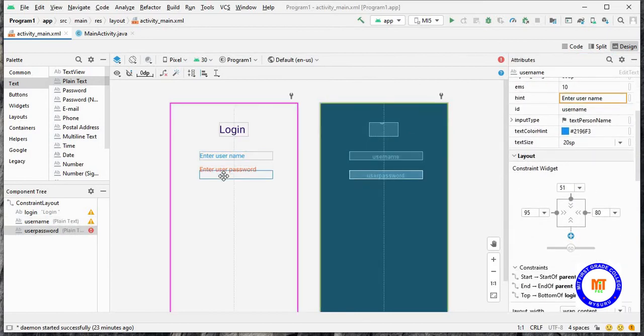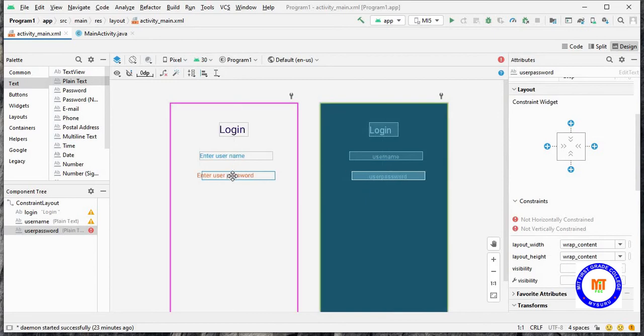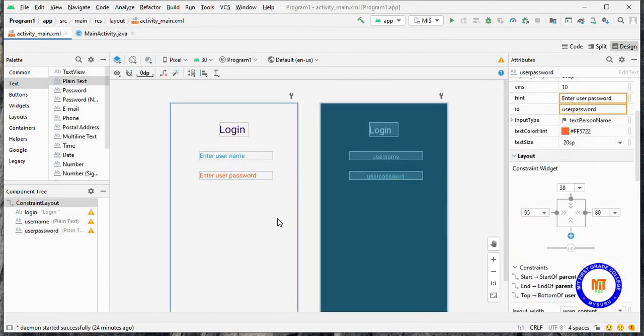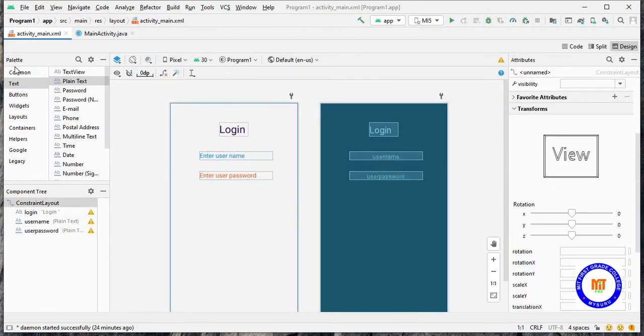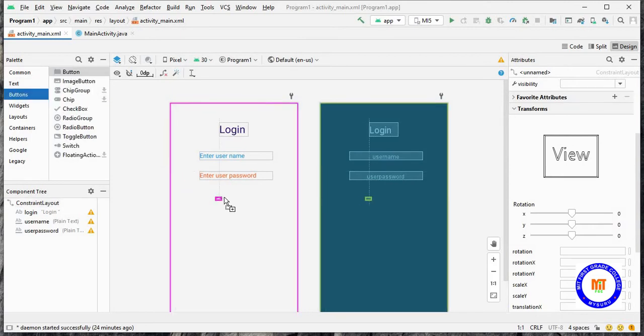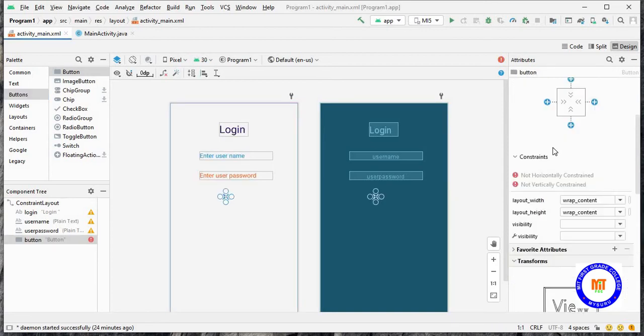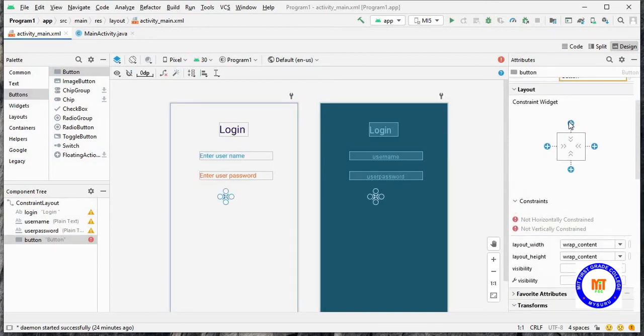Here also you can place it in a proper alignment and check with the widget, same as that. So it is properly aligned. Then I'll be adding a button. So you just have to drag the button, and again you check for the layout.